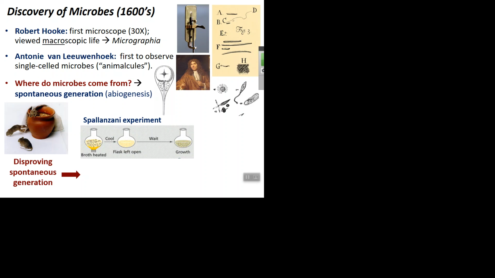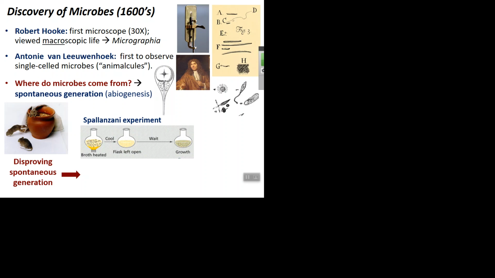And which basically be some kind of a beef soup broth, okay? And you heat it, right? To presumably kill anything in there. Leave the flask open, and you wait a while, and of course stuff will grow in it. We all know that, okay? And then, you know, spontaneous generation, people were saying, this is life springing forth from non-life.